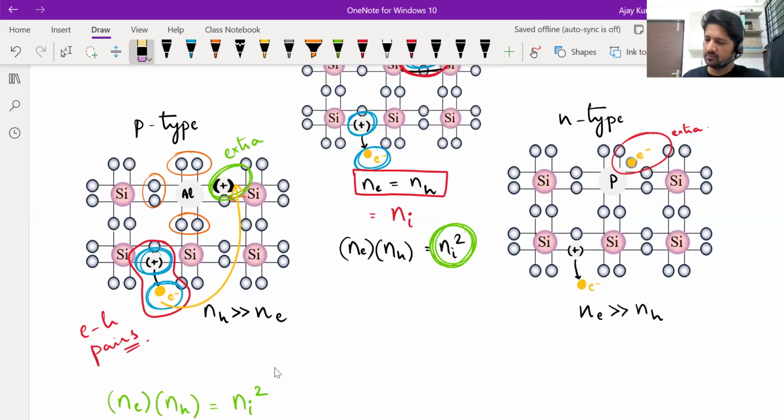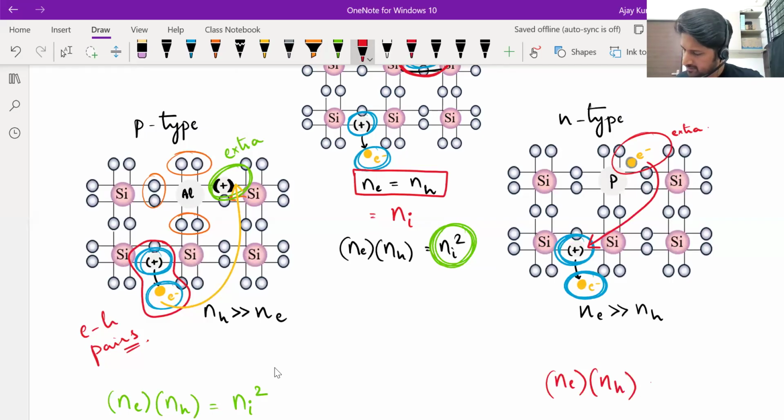When you add a pentavalent impurity, you are adding extra conduction electrons. The intrinsically generated electron hole pairs are already there. Now you are adding extra conduction electrons, and those conduction electrons can fill the intrinsic holes. So you are increasing the conduction electron concentration by doping it. But that will decrease the hole concentration, and the product Ne into NH